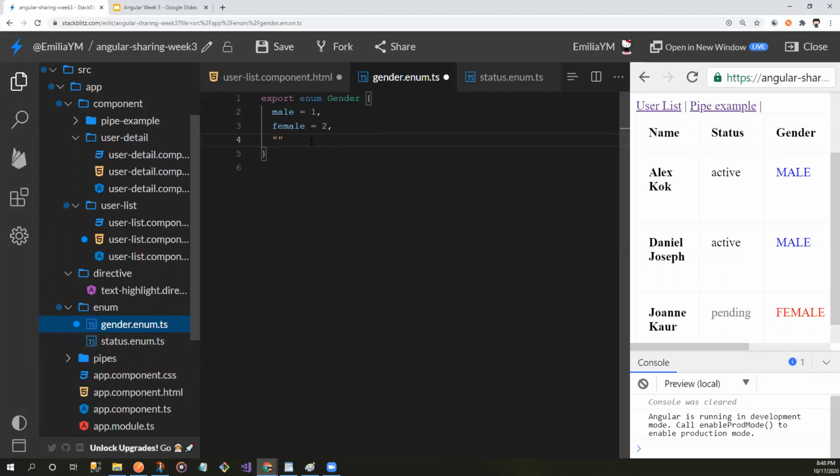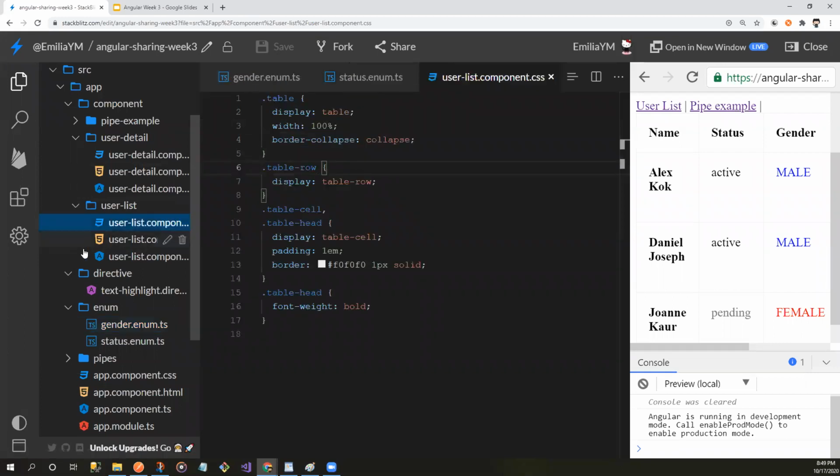If your enum has spacing, then you need to put double quotes here. For example, number 3. So in this list,